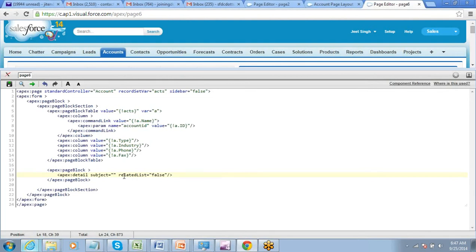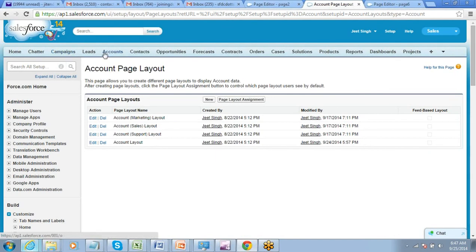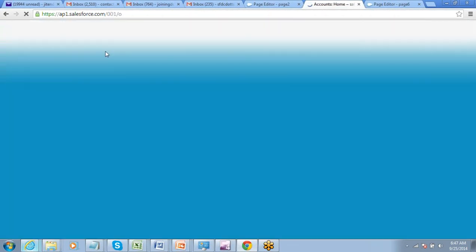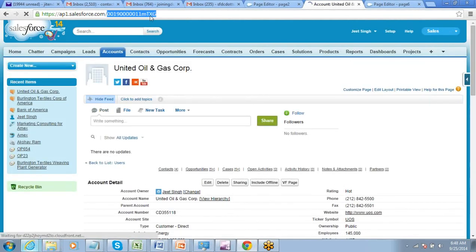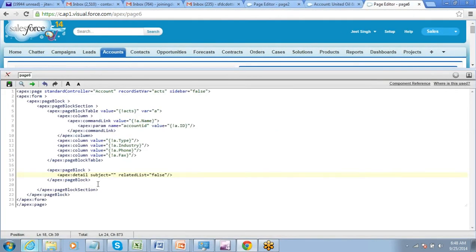If you put an ID in that subject, what will happen? This detail component will show the detail of that record. For example, if I take an ID from any of the existing records, and now I put this ID in the subject, you'll see what happens.